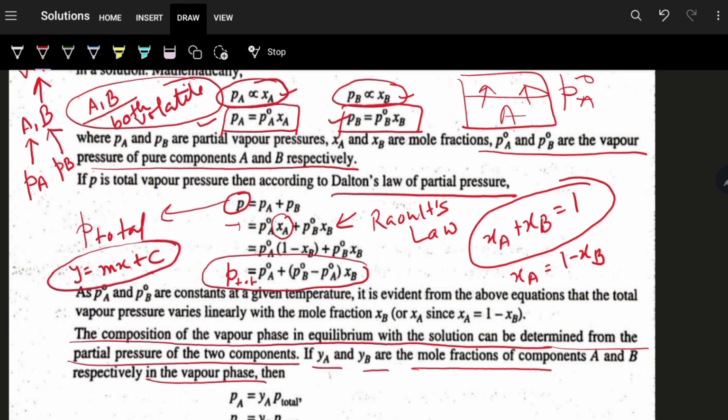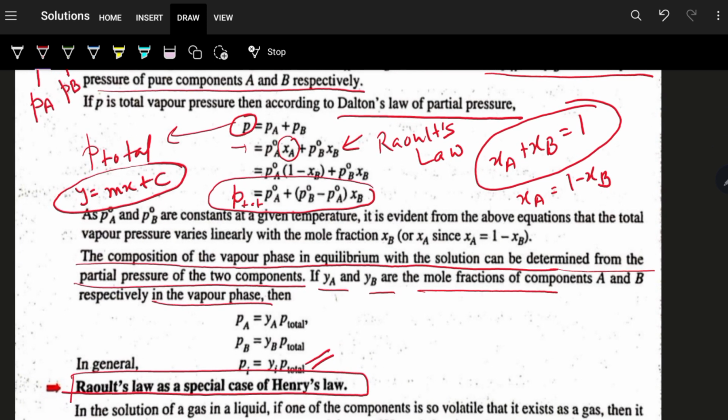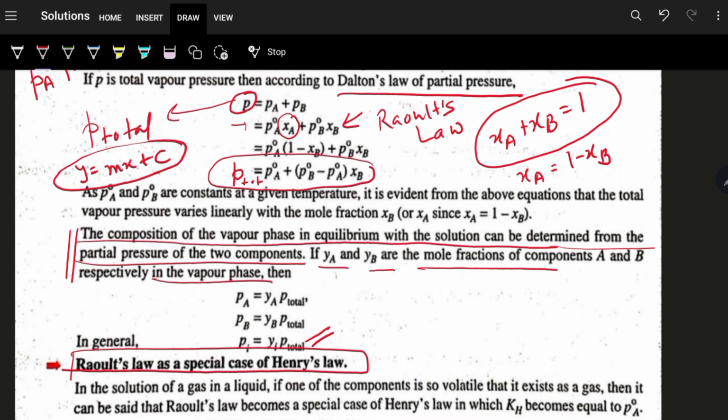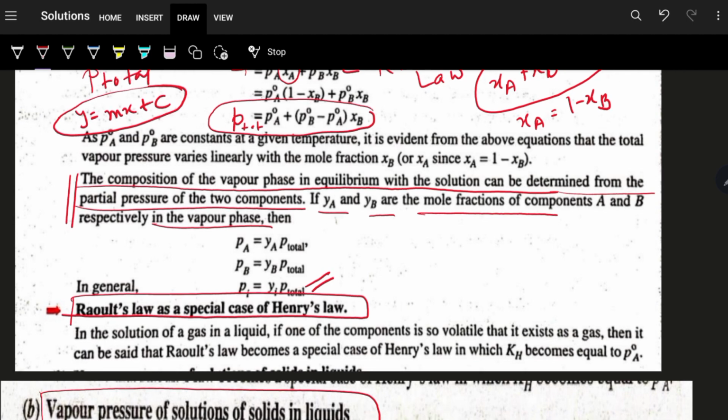If I plot P total versus XB, I will get a particular plot whose Y-intercept is PA naught. Later on we'll see that. Now the question arises: what is the composition of the vapor phase in equilibrium? The composition of the vapor phase in equilibrium with the solution can be determined from the partial pressure of